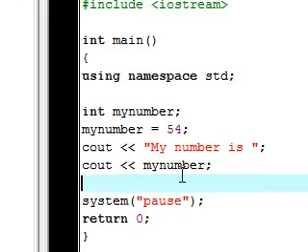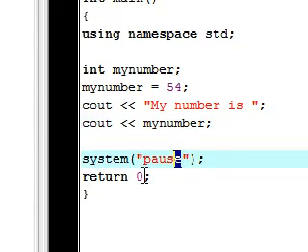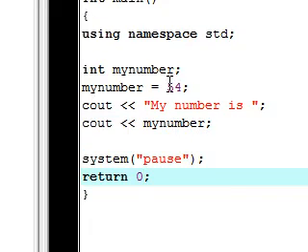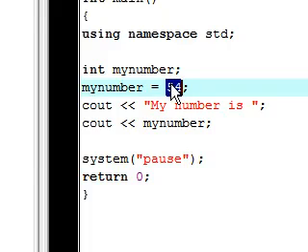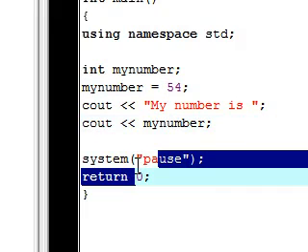So this is one of the ways where you could type a bunch of code, and if you had this variable used, say 100 times, instead of going through it one by one and changing every number, you can just make a variable, change it one time at the top, and it'll change it for every instance. And this is really useful when you build large applications and you need to use the same variable many